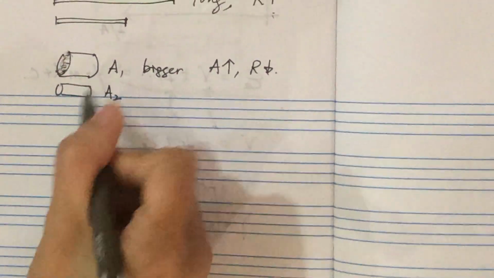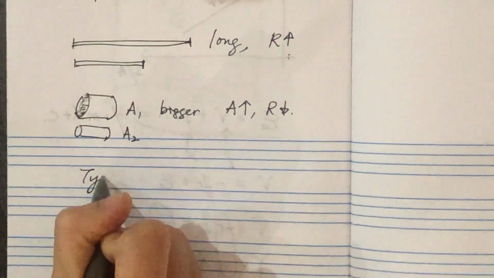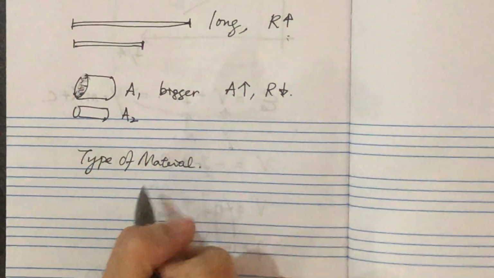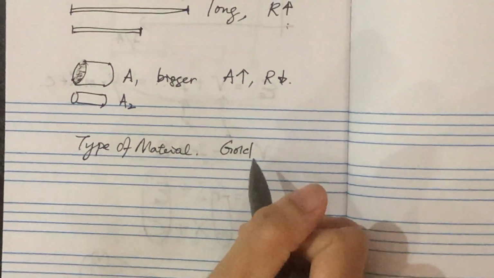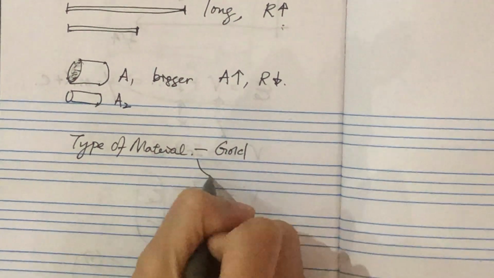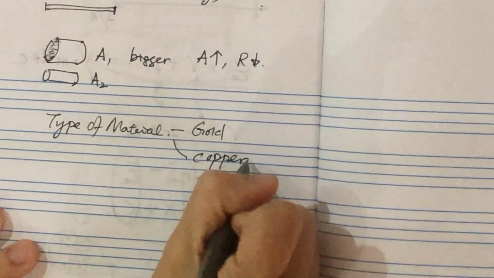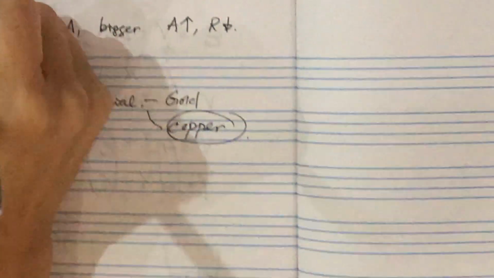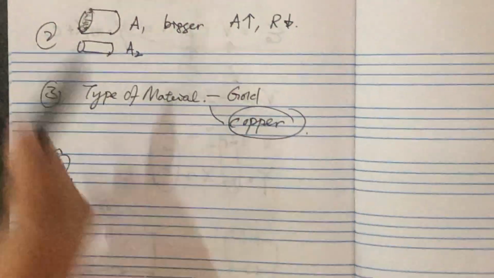Okay, so another one is resistivity, which is based on the type of material. We know that there are many kinds of wire that we use. Of course, gold is the best, but we don't really use gold unless you are very rich. So we actually use copper wire. That is the normal practice. So what is another factor? We have 4 factors: 1, 2, 3, and 4. What is another factor that affects the